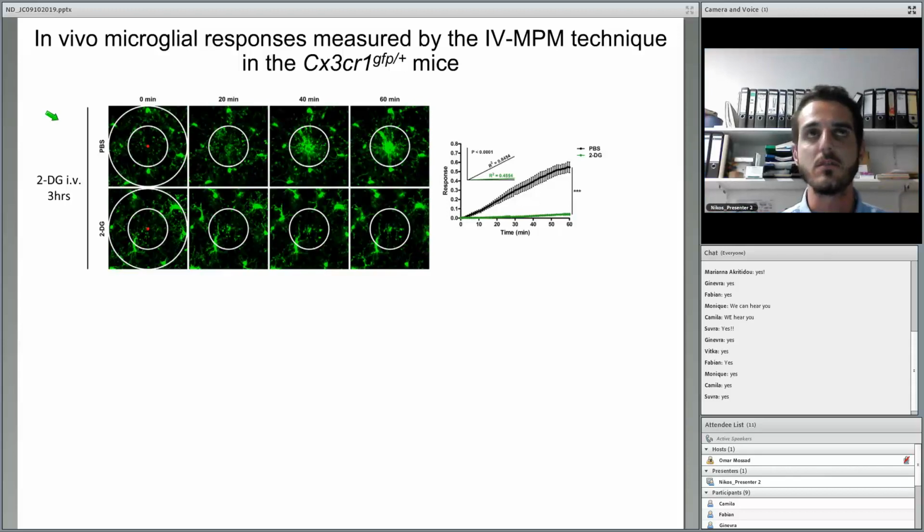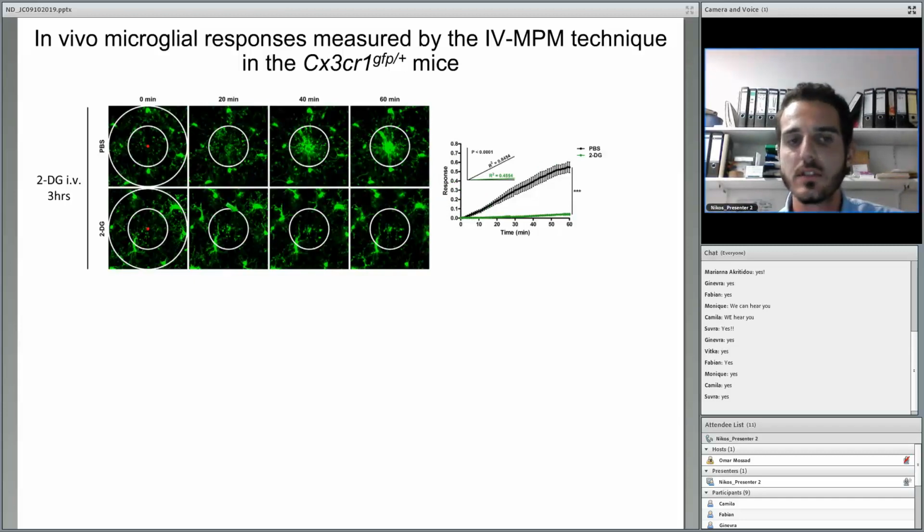However, because the process is quite fast, it is used to activate the cells in order to produce energy at higher speed. So here they gave 2DG intravenously for 3 hours before the laser ablation in the tissue, and basically what they saw is that under normal conditions, with PBS injected, after 1 hour you have the microglia, or at least the branches of the microglia, reaching the point of the injury, and while